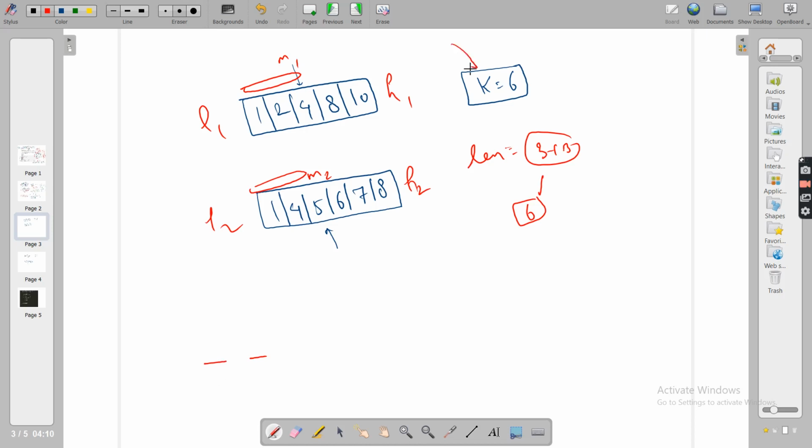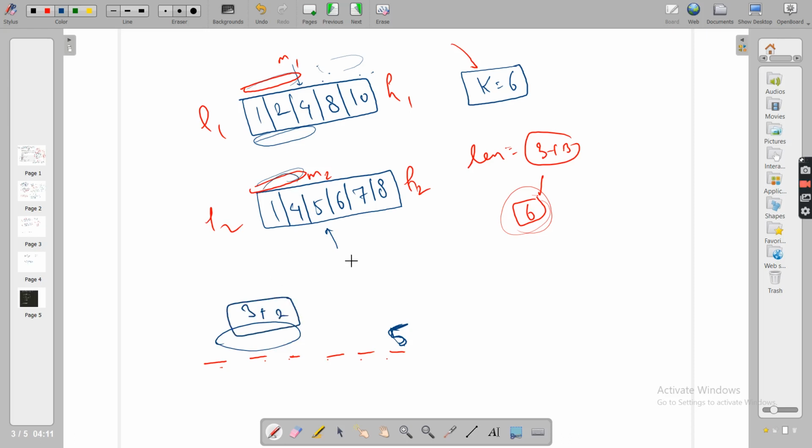See guys, let me draw this one. This is a tighter case that I took. Let me explain that. Draw the 6 elements, 1 2 3 4 5 6, and this 6 corresponds to whatever we are getting. Now see guys, if you put 5 here, as we earlier did, because as I said, you don't know about these elements. It may be 4 and 4, it may be 4 and 5. You don't know these elements, but these elements you are sure of, that they will be small, lesser than or equal to 4. So keep 5 here. Now before this 5, how many elements are coming? These 3 will come for sure. So 3 elements somewhere, I'm not saying at first, but these 3 elements will come, and these 2 elements will come.